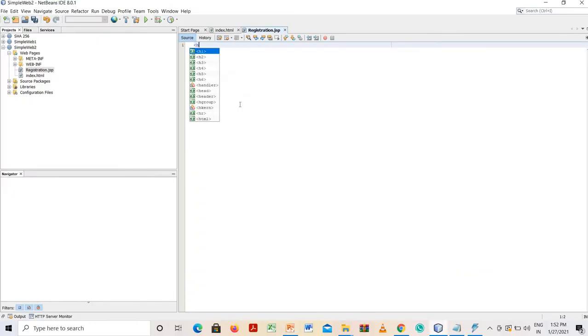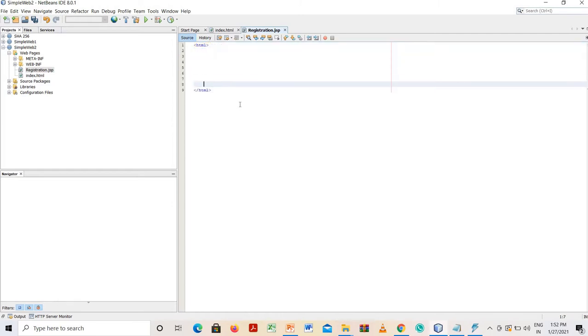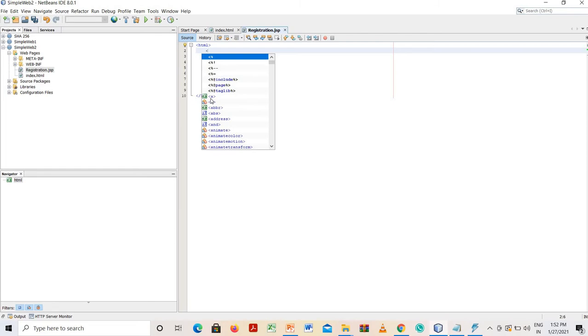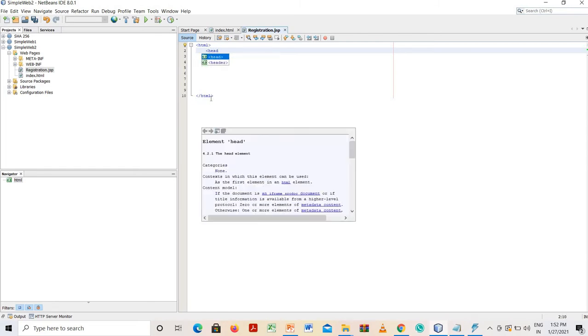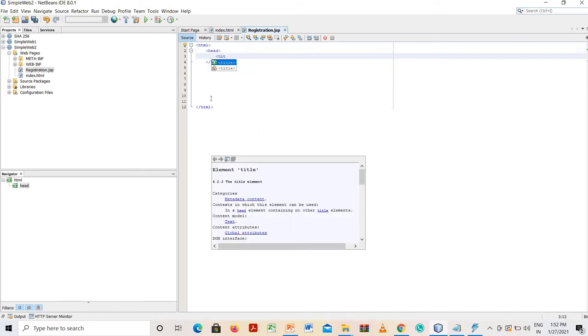So basic HTML coding. Suppose if there are some students from electronics background, this is basic HTML coding. All the HTML code will appear inside this start of HTML and end of HTML. So in HTML there is one head tag. In the head tag there is a title tag.